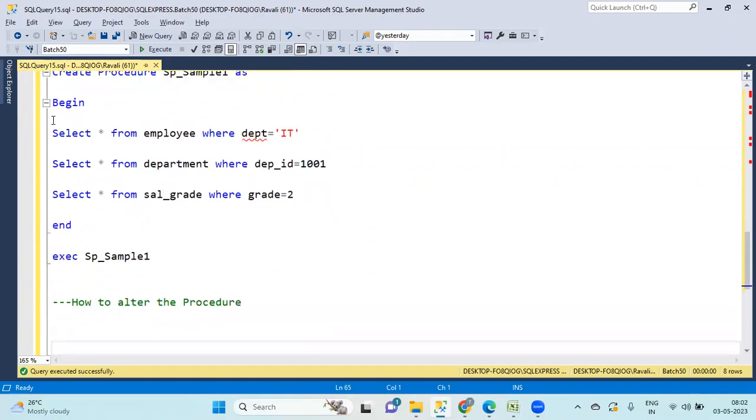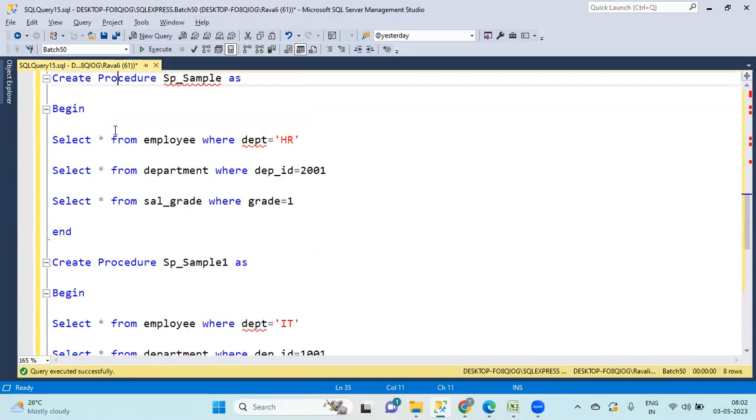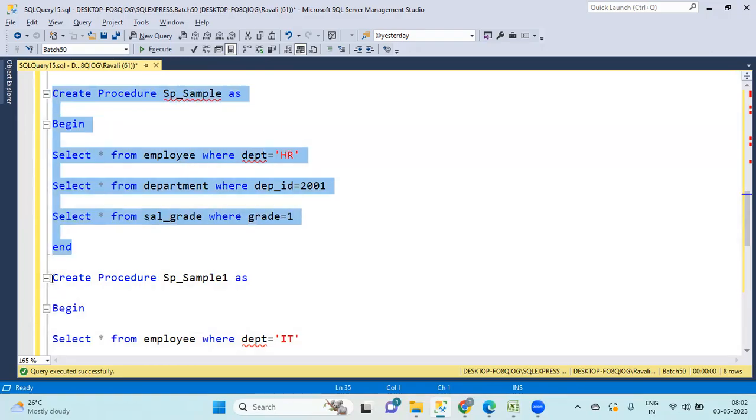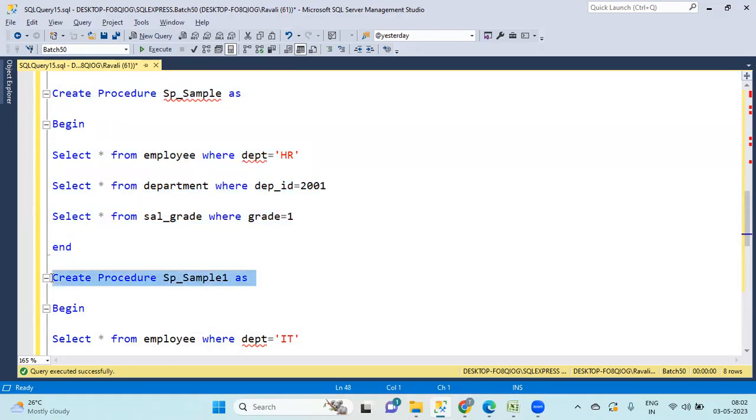Here are two things, guys. When a new requirement comes in, if it is a different requirement, then you need to maintain two different procedures. If it is the same requirement but they need different data, then instead of creating a new procedure,